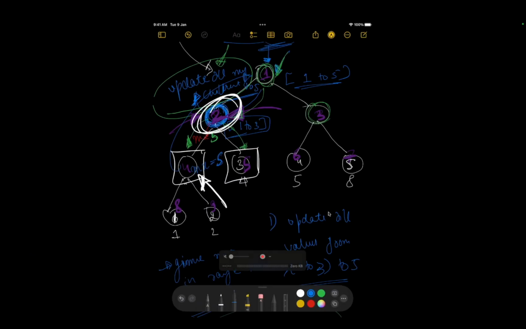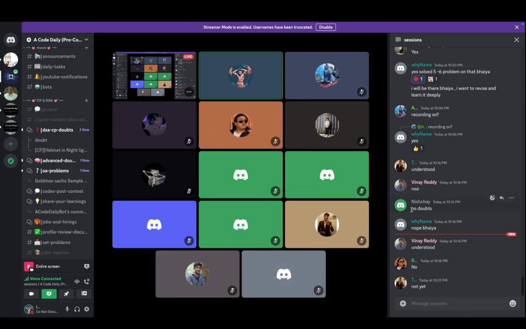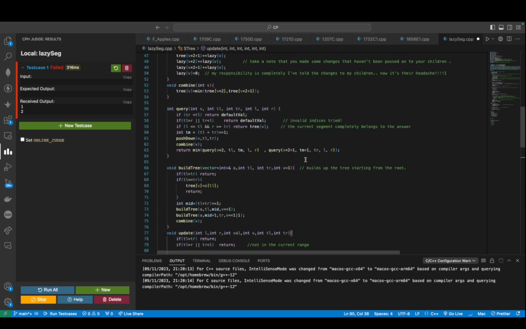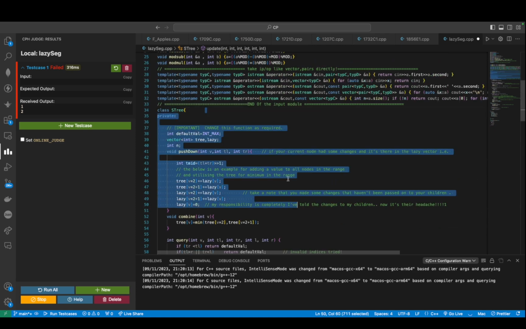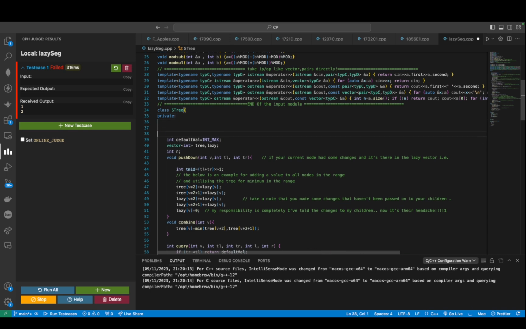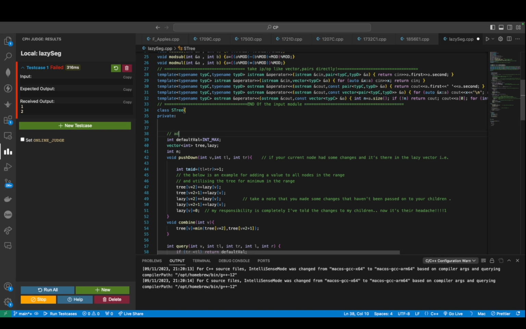That's all about lazy segment trees. Even if I show you the implementation, you'll be amazed. It's not totally different than what we had done earlier. So building some context over here, this segment tree. Okay, let me just write. Okay, let's remove this. So what this segment tree does is, it adds the values to a range,